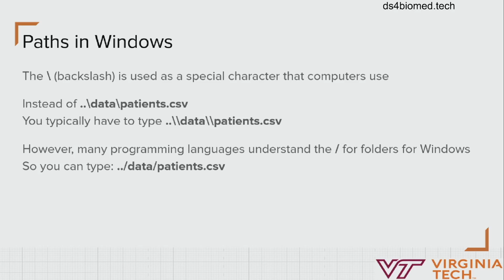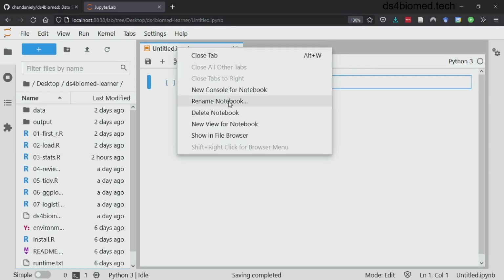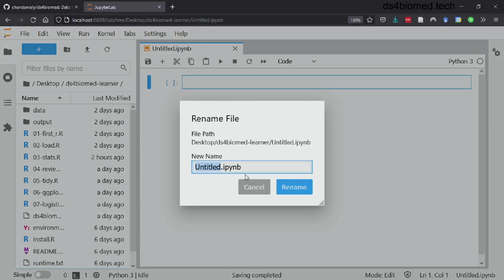Okay, so let's load up our first thing before we go on a quick break, and then if things aren't working, we can deal with it during our break. When we open up Jupyter Notebook, it will by default have a name called untitled.ipynb. If we right-click this, we can rename the notebook. And another thing that's really useful